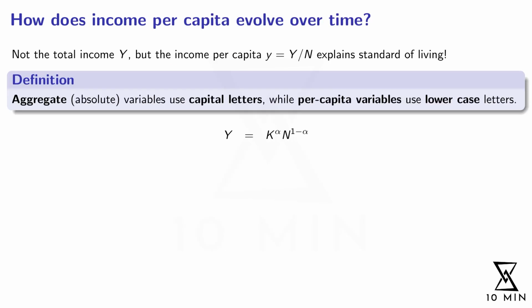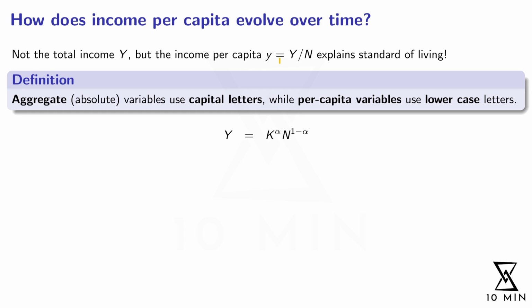With our Solow model, we want to analyze how the economy is developing in the long term. If, for example, we want to compare the quality of life in China with the quality of life in Switzerland, then of course it makes no sense to compare the entire production, the entire GDP in Switzerland with the entire production of China. Switzerland looks pretty bad, obviously, in that comparison. Instead, we should conduct our calculation in per capita figures to take into account that there are simply a lot more people living in China. And that's why we focus on the income per capita.